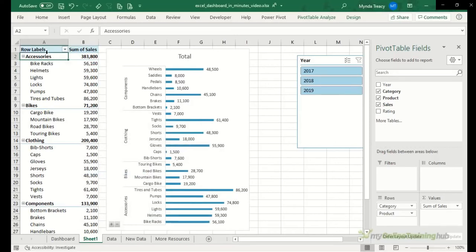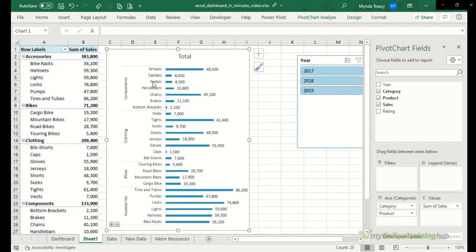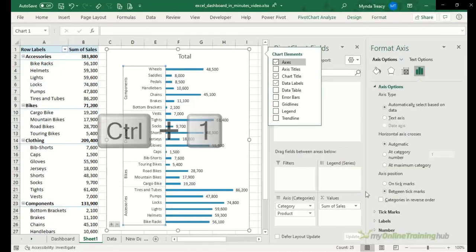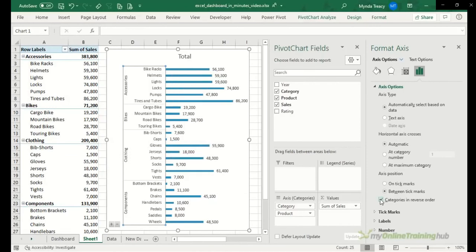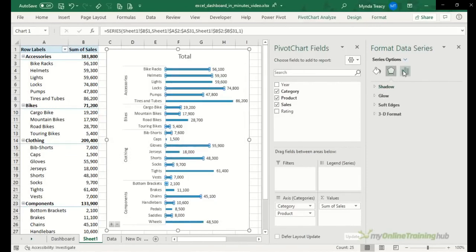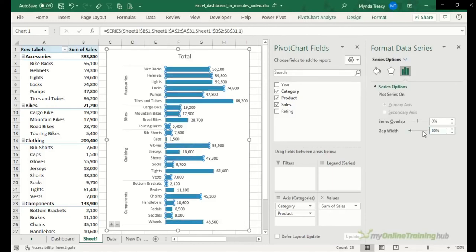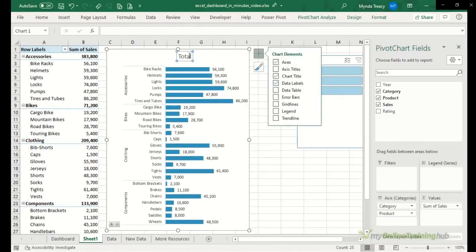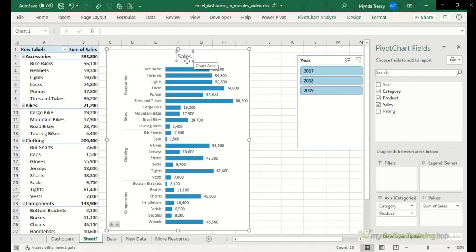Notice that my categories and products are sorted A to Z, but in the pivot chart they're in reverse order. So let's fix that. With the axis selected, I'm going to Ctrl+1 and go in and format the axis to have categories in reverse order. While I'm here, I'm going to make these columns a bit wider. So I want to change the gap width to say 50%. We'll close that. Let's give the chart a title,